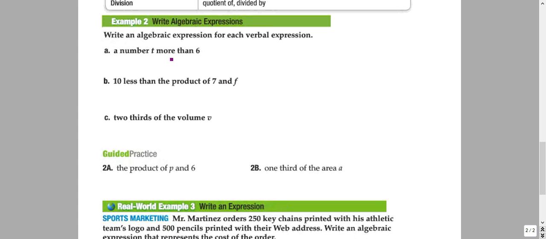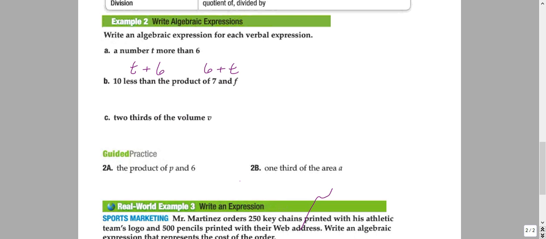Looking at that table, we understand more than means addition. So we are taking t and we are adding it to 6. You could also say that this is 6 more than t. 2 different ways that you can do that, because addition is what's called commutative. We can flip-flop them. It's a little bit different though for B, because it says that we have 10 less